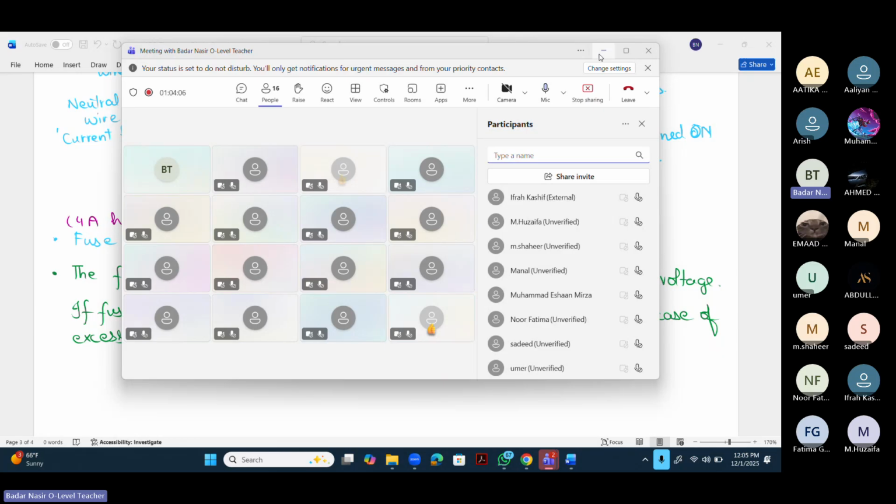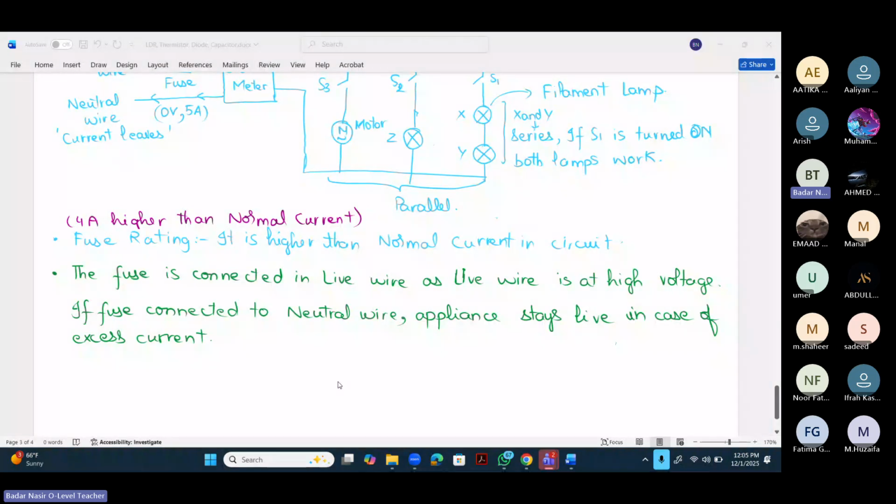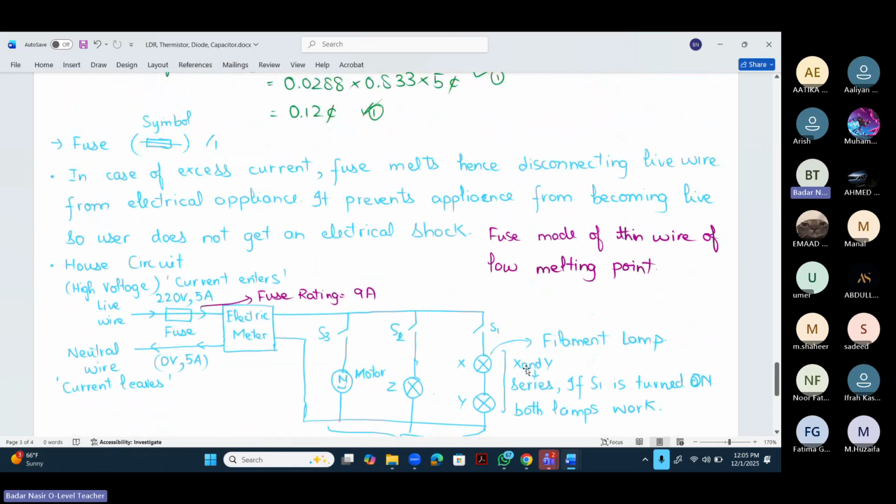ओके हाँ जी। सो बेटा ये भी 1 मार्क का उसने पूछा हुआ है, मतलब ये वाला 2 मार्क का पूछा हुआ है। 2 मार्क किस किस बात के थे कि आपने excess current के बारे में बताया हो और आपने ये बताया हो कि जो अप्लायंस है it becomes live। और इसने ये चीज का 1 मार्क का ये भी एग्जाम में आया हुआ है। ठीक है, फ्यूज रेटिंग का भी 1 मार्क का एग्जाम में क्वेश्चन आता है। सो ये छोटे छोटे क्वेश्चंस हैं जो आपसे वो एग्जाम में पूछ देते हैं।